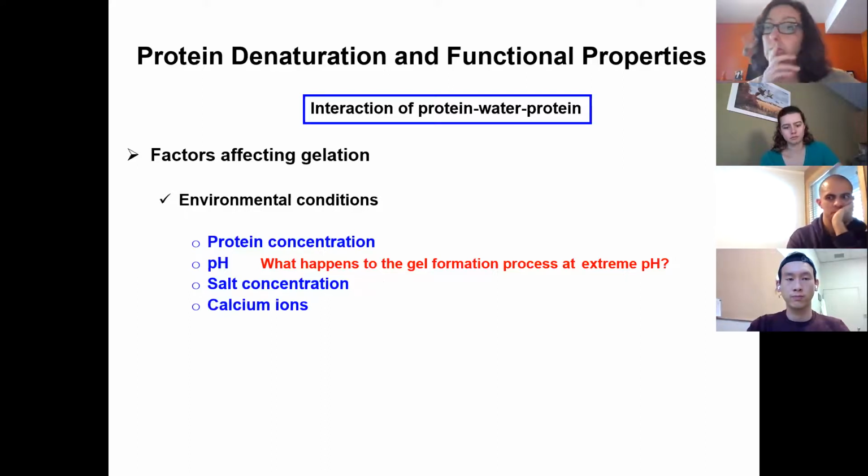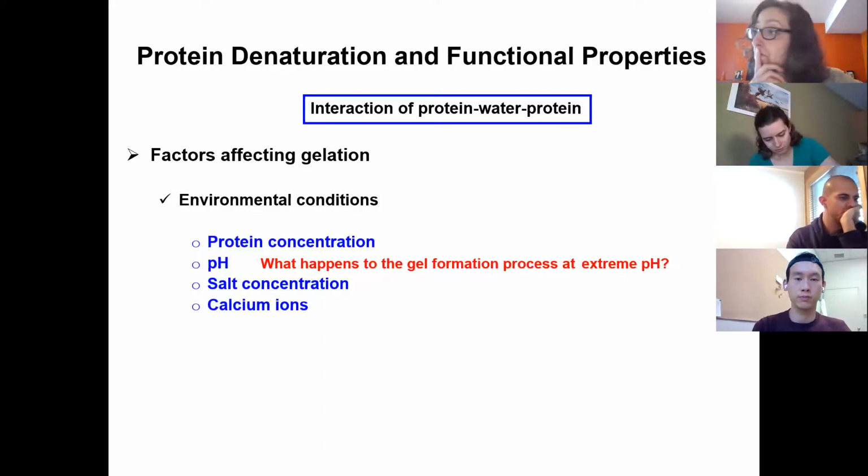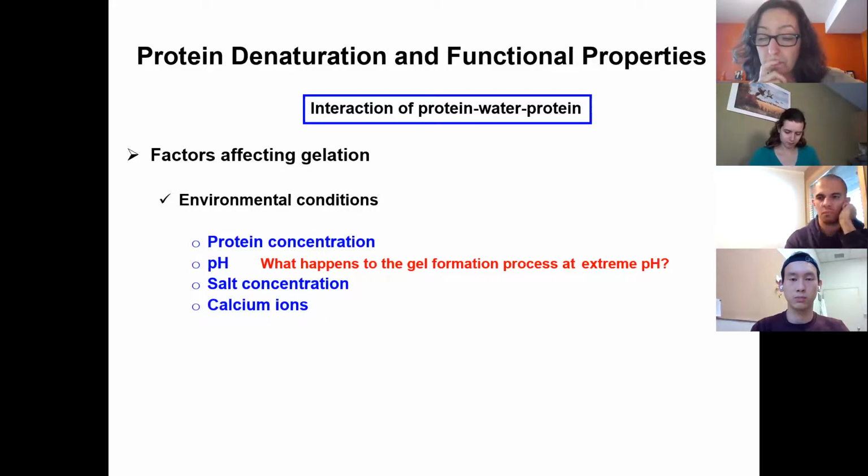Pam, I have a question with acid or pH. When I do acid gelation, I have to do it slowly, or I have to add GDL, which does the same thing to milk proteins. So why do we need to slowly decrease the pH to get it to gel?